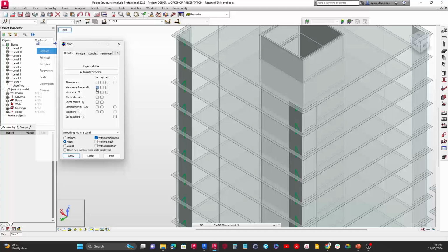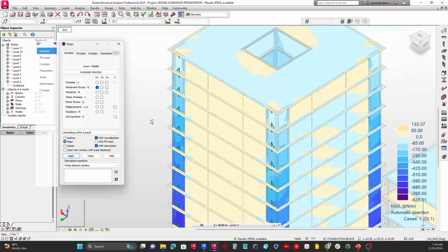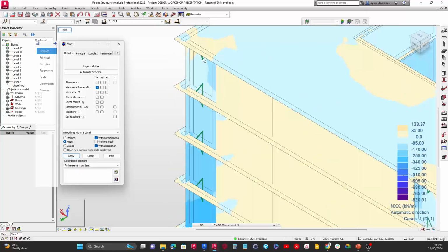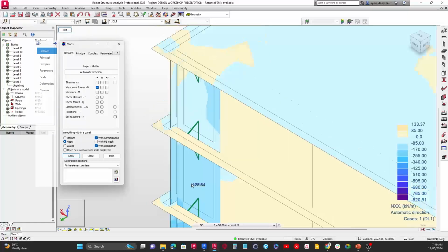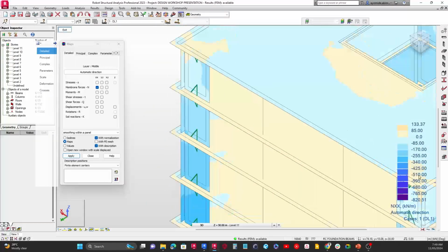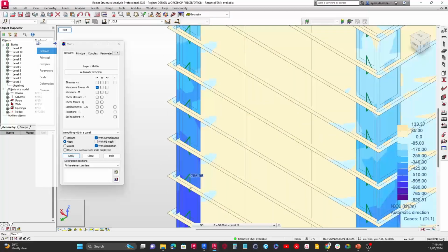All right, so in this case here, I'm going to check this. All right, so we can see here that we have a pattern, right? So in this case here, you can see here that the load is coming from the wall, and as we are going down, it is going to be increasing. All right, now it is going to be spreading it out as much as possible. So you can see here that over here now, as we go down and take a look at the scale at the right or bottom right of the screen, as we're going down the building, that value is going to be increasing, increasing, all the way